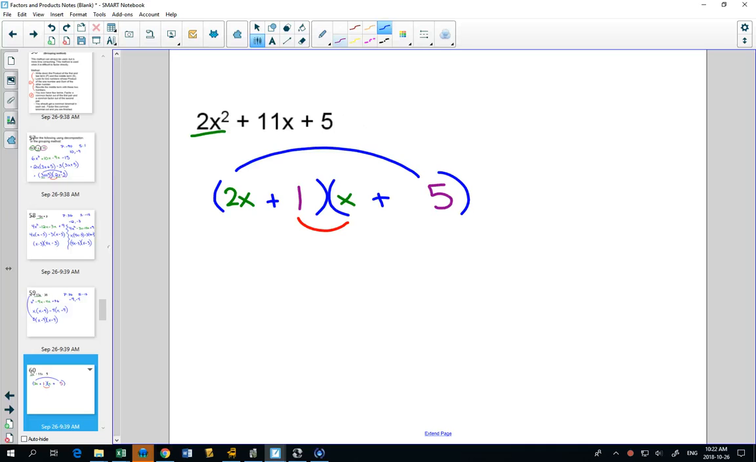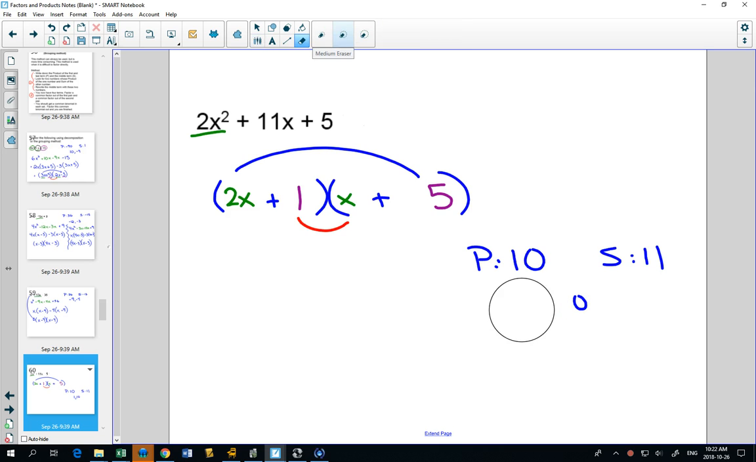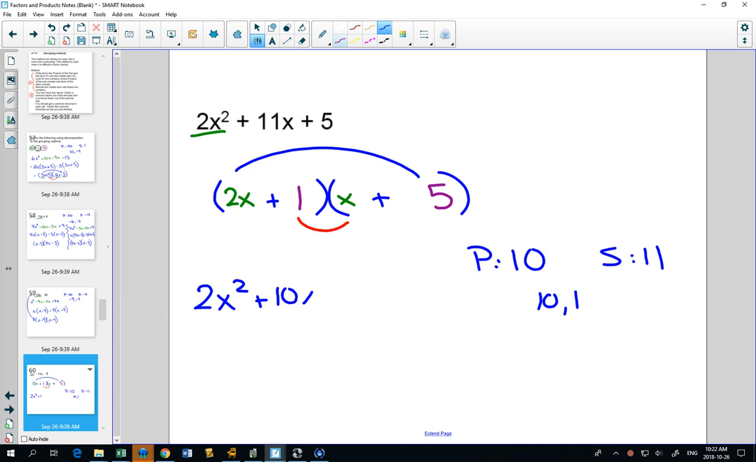If you do the product of the first and last number, it's 10. Our middle number is 11. What are two numbers that multiply to 10 that add to 11? 10 and 1, or 1 and 10, doesn't matter. I'm going to do 10 and 1, because you said that first. And so I write this out,